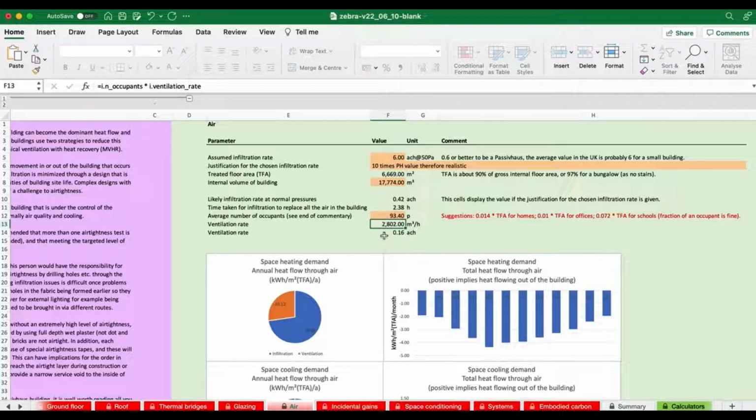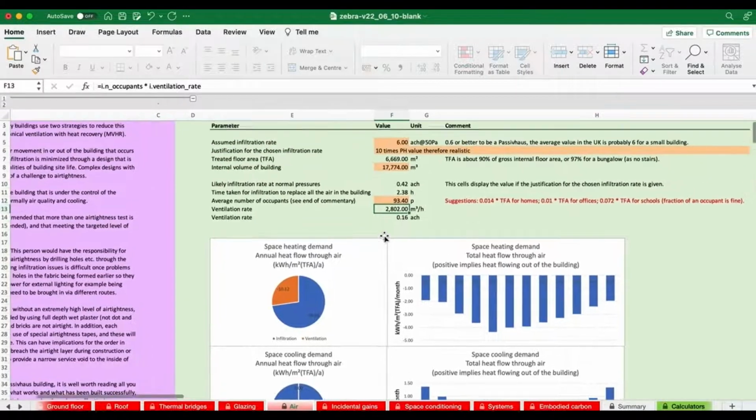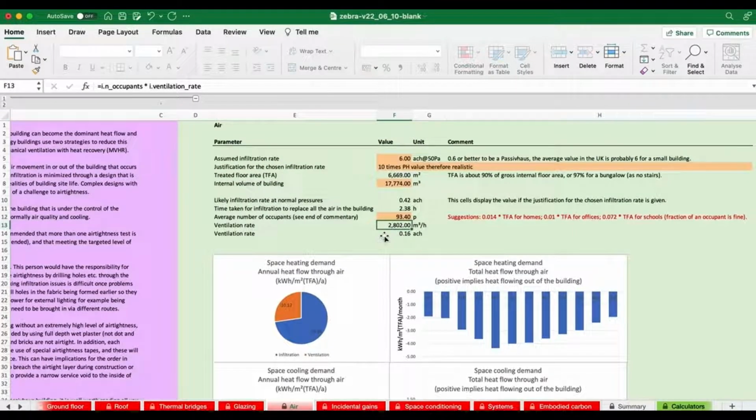We also can see the ventilation rate. Now, you may notice you didn't specify a ventilation rate, and that's because Zebra at this complexity level picks up a value of 30 cubic meters per person per hour, because that comes from a good air quality standard. So it's done for you. If you go into a different complexity level, you'll be able to adjust that value. So we've specified the air going into the building and leaving the building. It's a naturally ventilated building, so we don't need to do anything with fans and ductwork and everything like that.